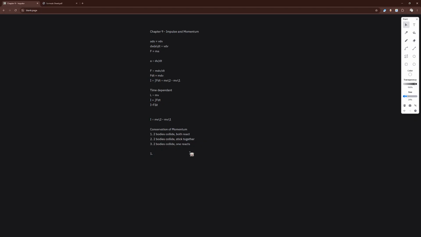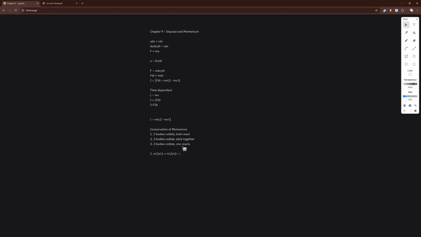So for scenario 1, we have m1 v1, so we have one body, and how conservation of momentum works is that the momentum at the beginning is equal to the momentum at the end. So the sum of all the momentums initially is equal to the sum of all momentums at the end. But anyways, we have two bodies, so m1 v1 plus m2